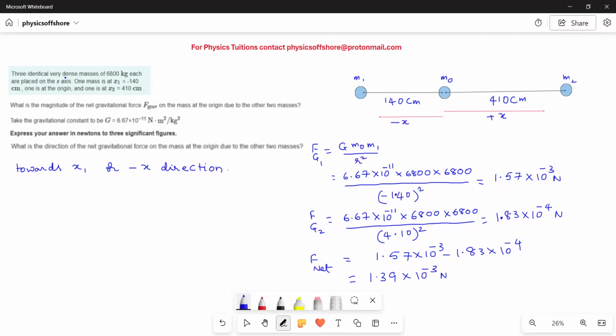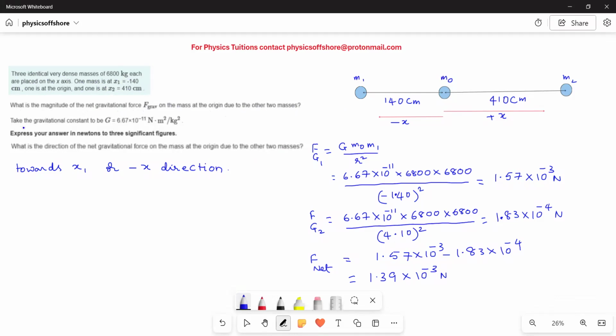Three identical, very dense masses of 6,800 kilograms each are placed on the x-axis. One mass is at x1 equal to minus 140 centimeters. One is at the origin, and one is at x2 equal to 410 centimeters. What is the magnitude of the net gravitational force on the mass at the origin due to the other two